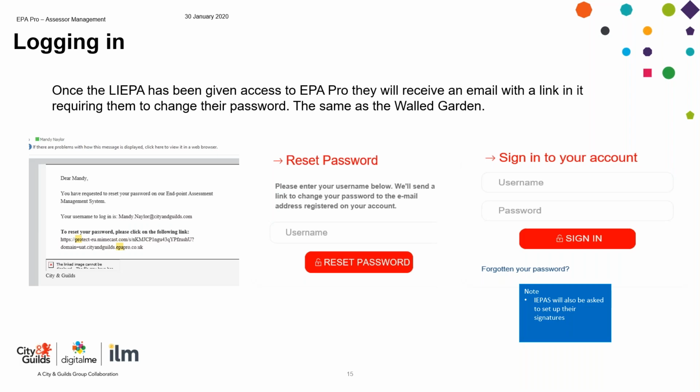There's one thing I wanted to underline before we show you this. At this point in beta, on EPA Pro, we don't currently have all the required tools for the LIEPA to manage, prioritize and plan their work in the way that we'd like. It's beta, a kind of pilot, small scale, so we think we can manage it through beta, but we are going to have to wrap some additional tools around the process to help you manage your workload and set the priority of the things that you have to do.